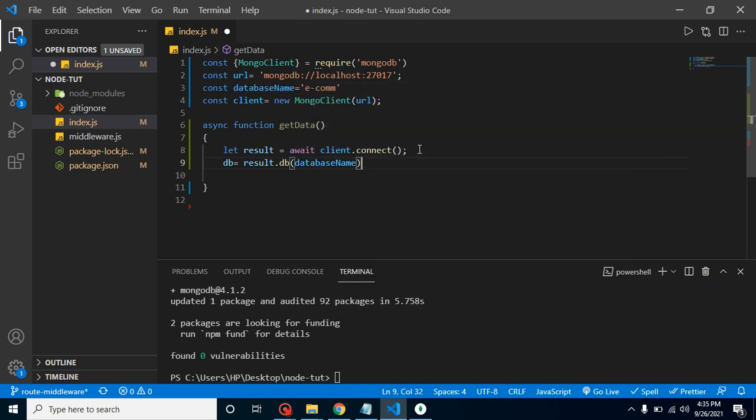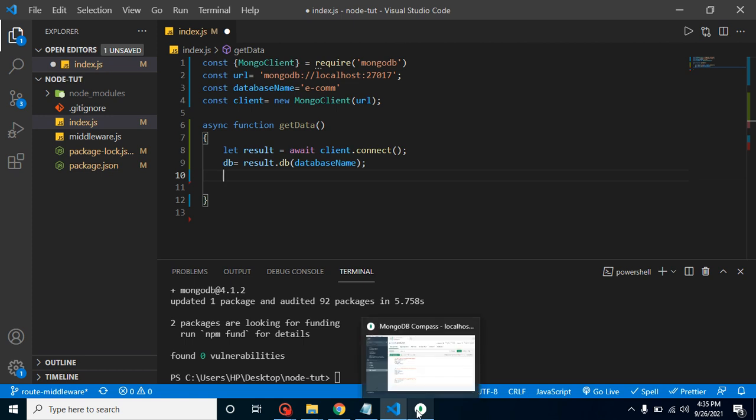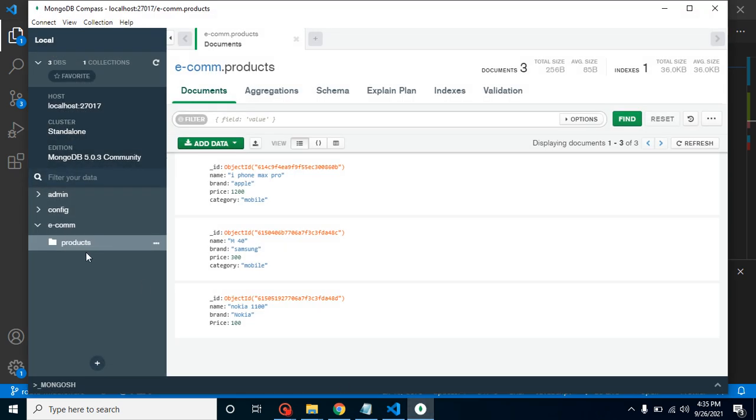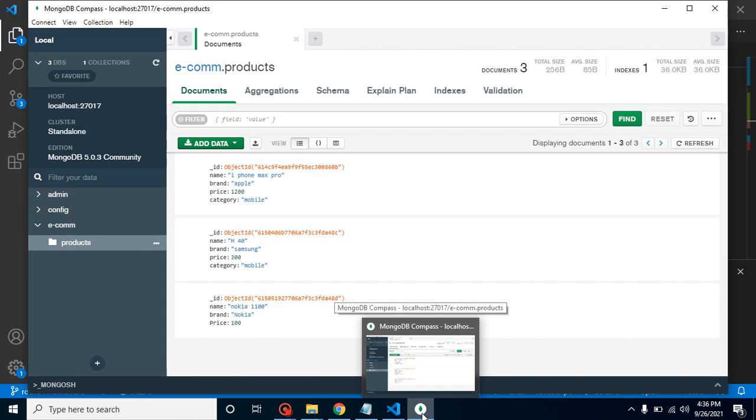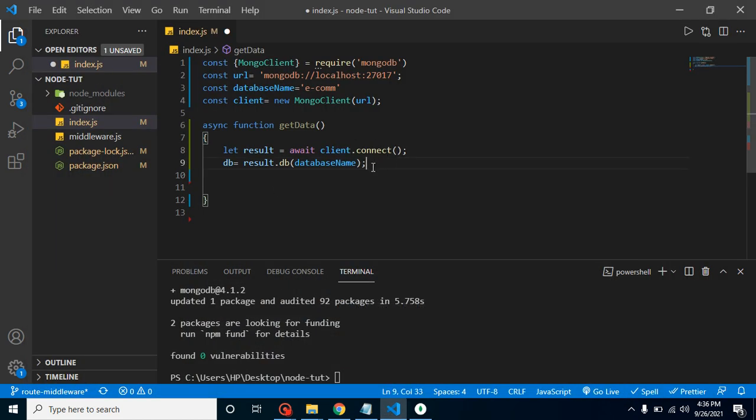You can even pass your database name as a string, but it is good practice to take a constant for the database, because otherwise maybe someone can change the database name. So it's good practice to keep your database name in a constant. And after that, in a single database we may have lots of collections, like we have products. For the moment we have only one, but maybe we have users, clients, orders, address. Lots of collections may be present here, so we have to give the collection name also.